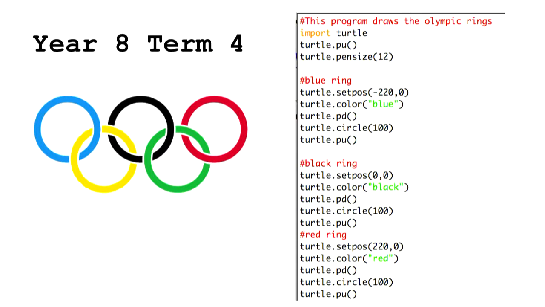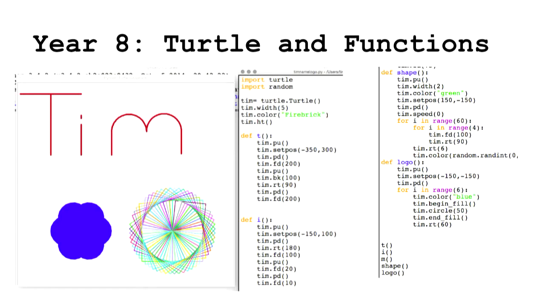One of the first activities we do is get them to draw the Olympic circles. Then we might move into creating a function called circle, and get them to call that each time they get to the right position, change the colour and then call the circle function. So we start to get them using functions as well. And this is the assignment. The assignment is to draw your name, not using the text feature, because there is a feature you can use to get the turtle to draw text, as some of the Year 8s found out.